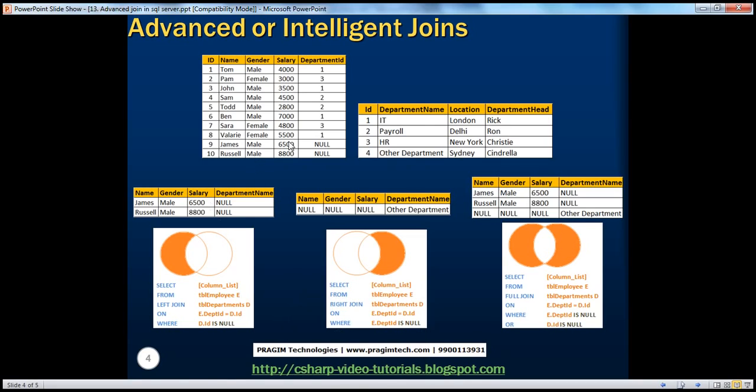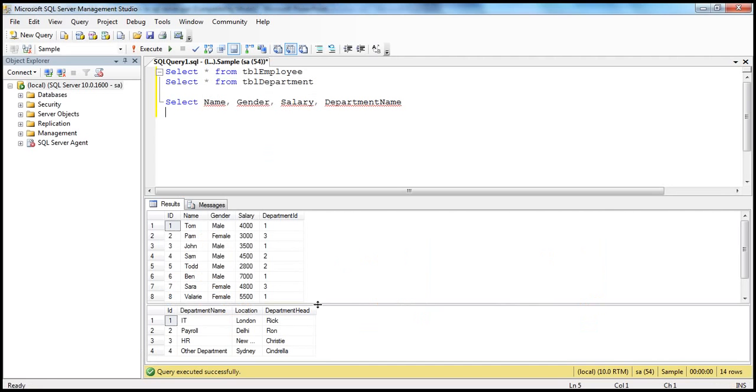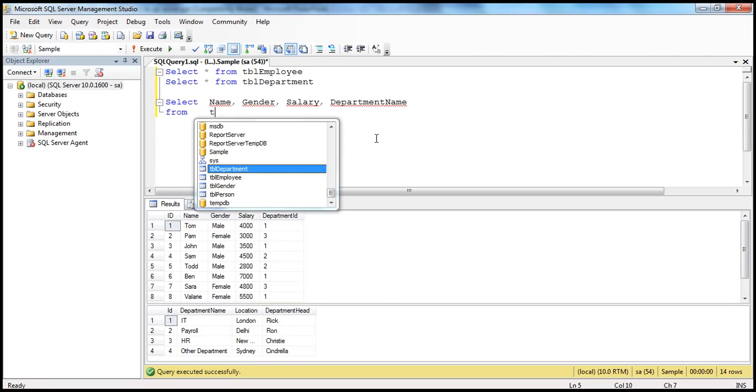When you write your query, the output should be like this: name, gender, salary, department name. For James and Russell, there is no matching row in the departments table. That's why department name will be null. But basically I want only those non-matching rows from the left table. So let's see how to write the query for that. Select whatever columns you want from the table tblEmployee,